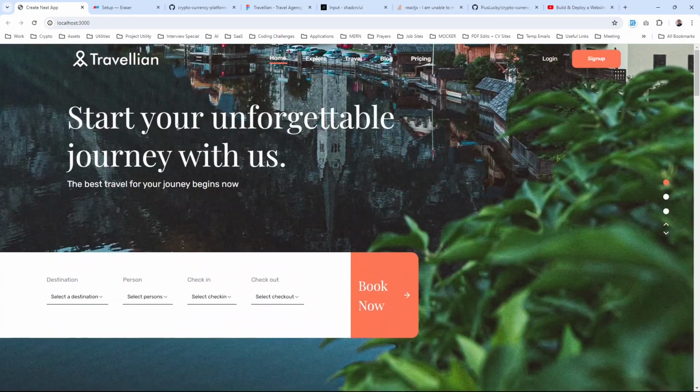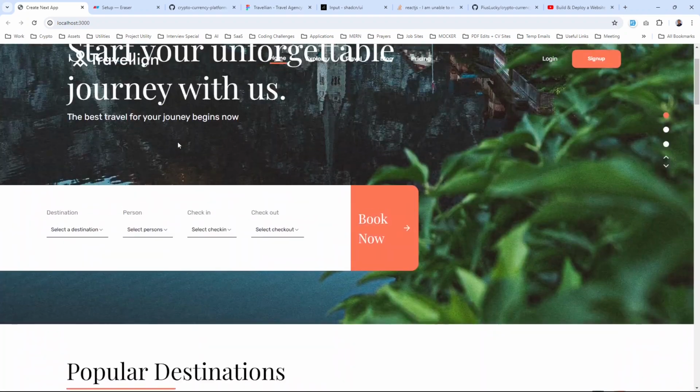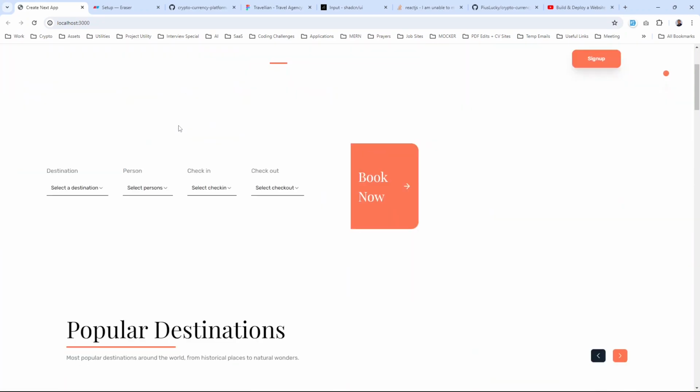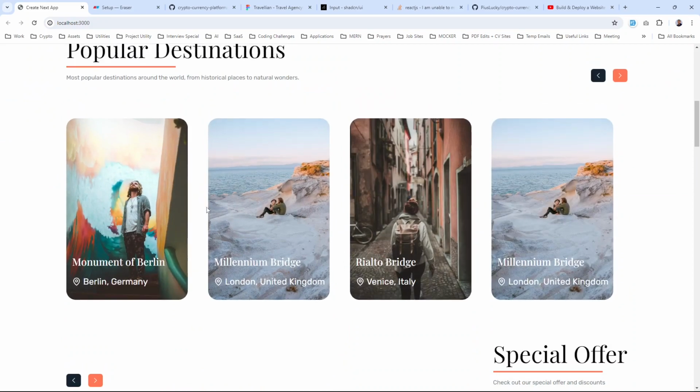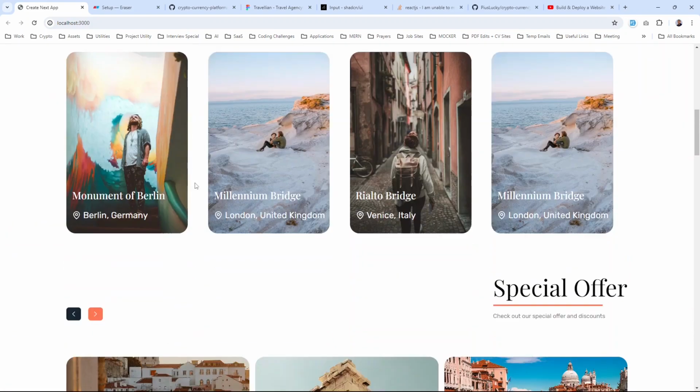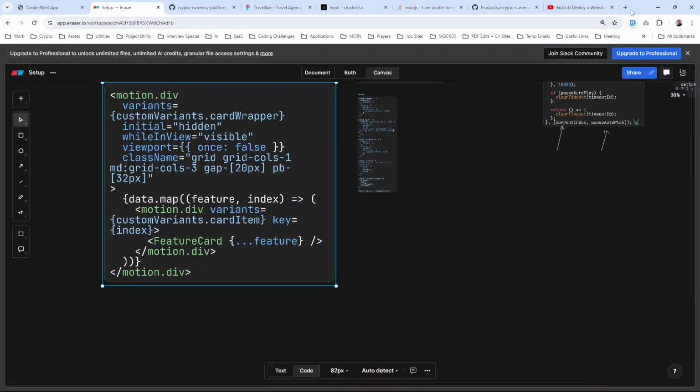Boom, you can see. Let's go again. You can see it in a small animation. This is how the cards will be coming in. So we have it this way as a continuous animation, because if you check the actual specification, we have the